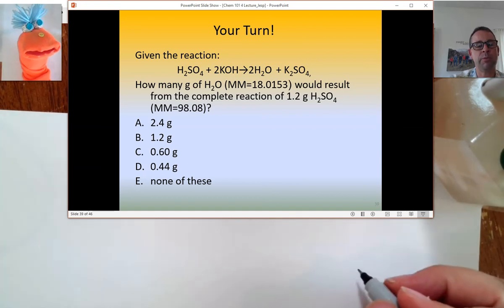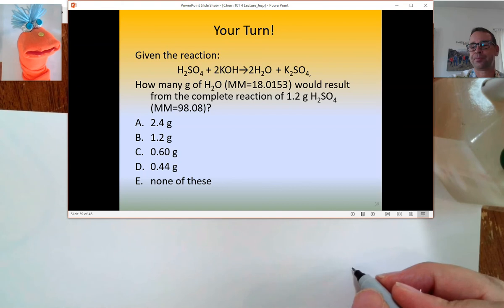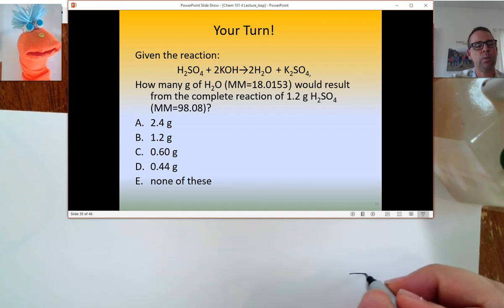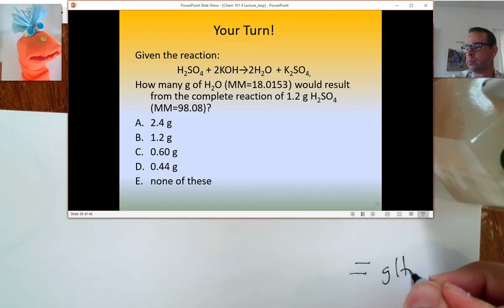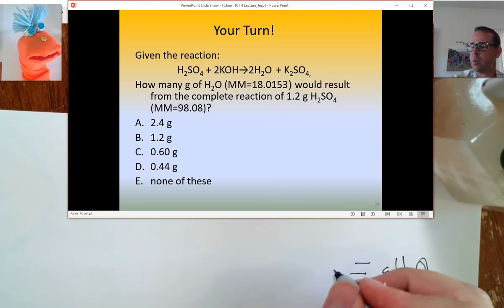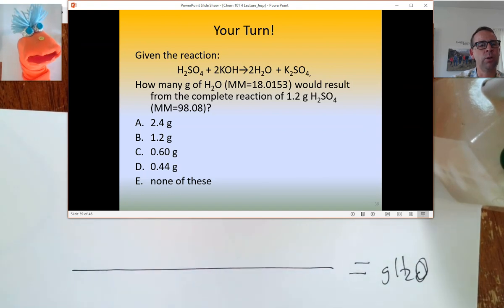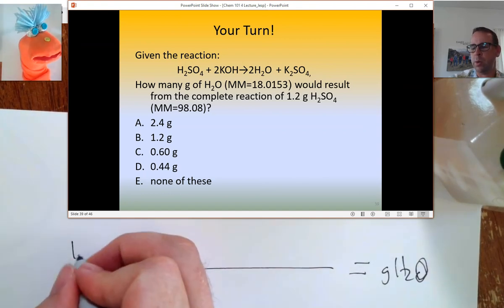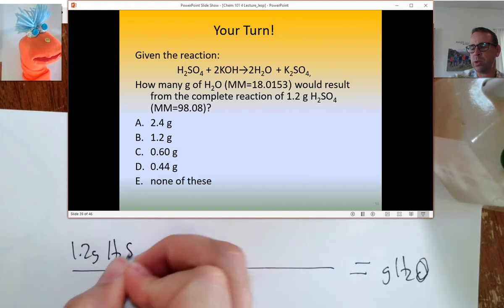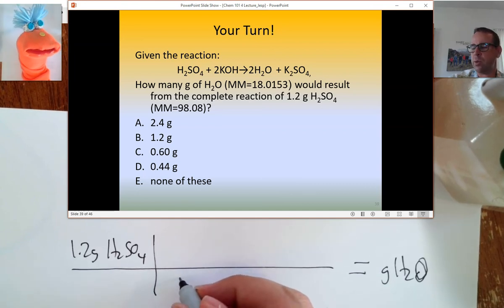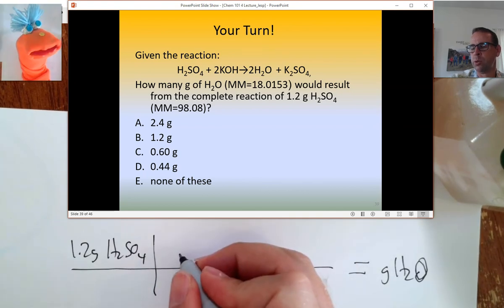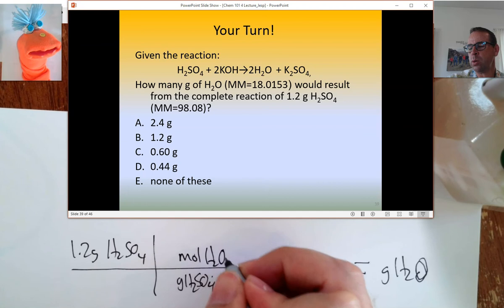Folks at home, give it a shot before we walk through it. Okay, so what do we want to the right of our equal sign? Grams of water. Okay, and what are we going to start with? Grams of H2SO4. 1.2 grams of H2SO4. Then what? Go grams to moles. That's right. How did you know to go to moles? I don't know. You always go grams to moles. Okay, we go to moles,